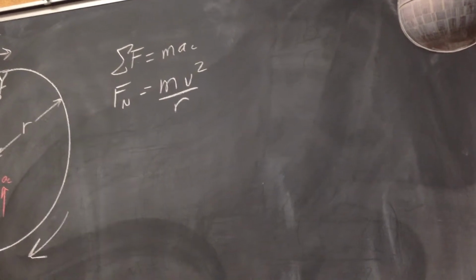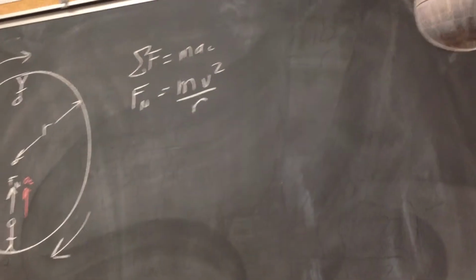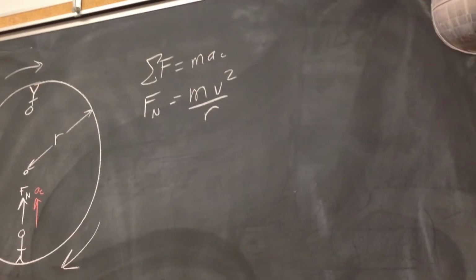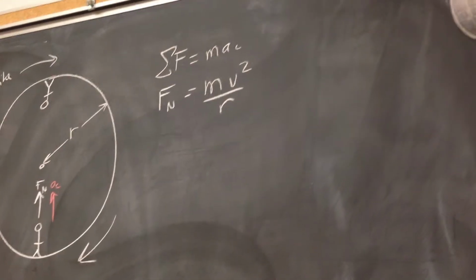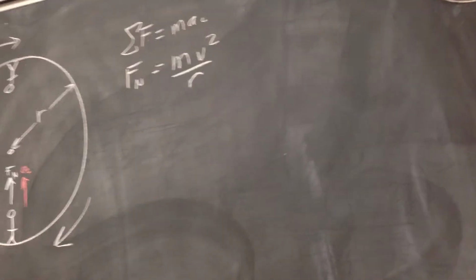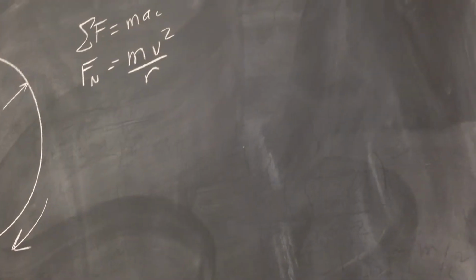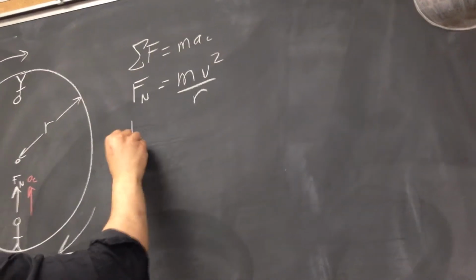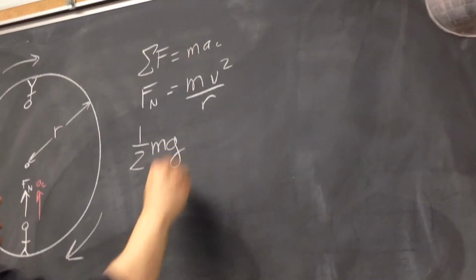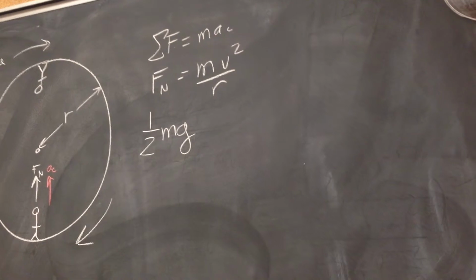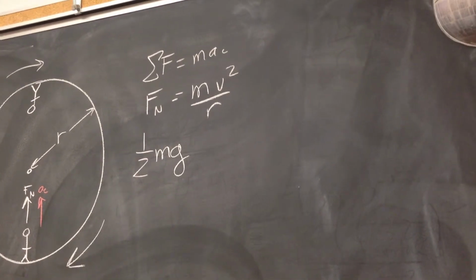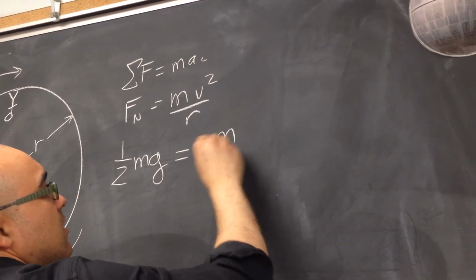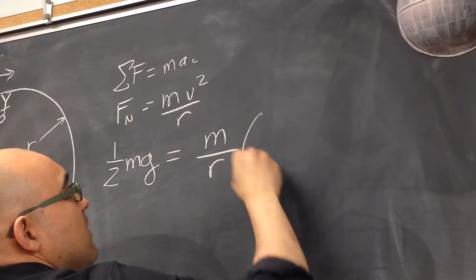All right. So on Earth, if you're standing on Earth, then we know that Fn equals mg, right? For half Earth-like gravity, what would Fn equal? Half of mg? Yeah, a half of mg. 1/2 of your weight. That's what half Earth-like gravity would be. So that equals mass times v squared over r, and then we're going to make